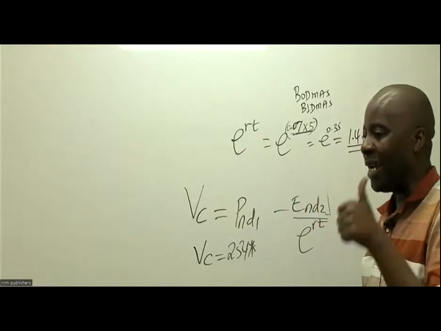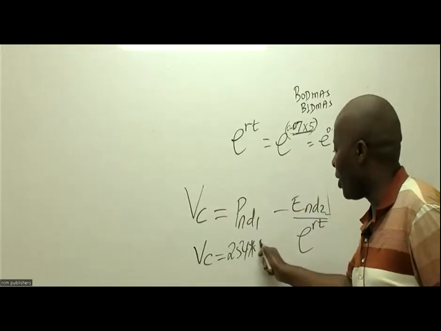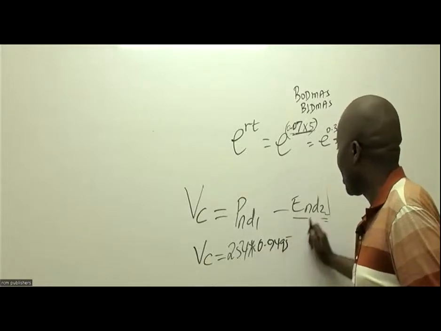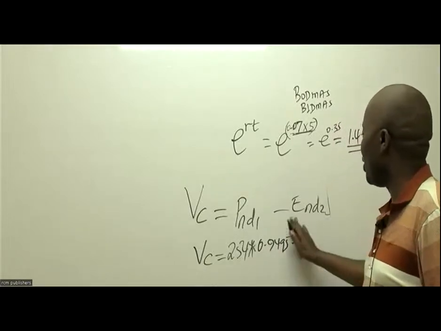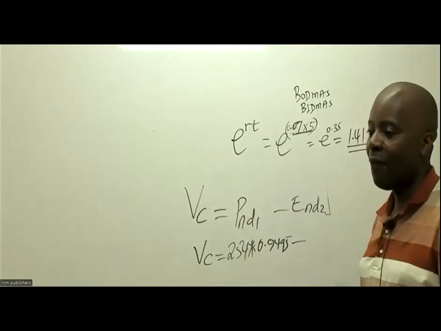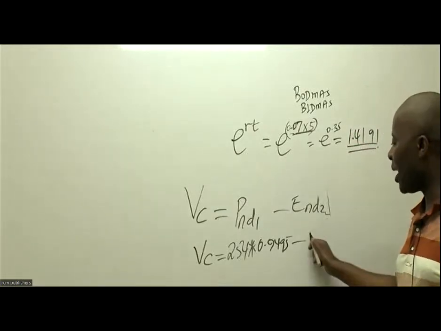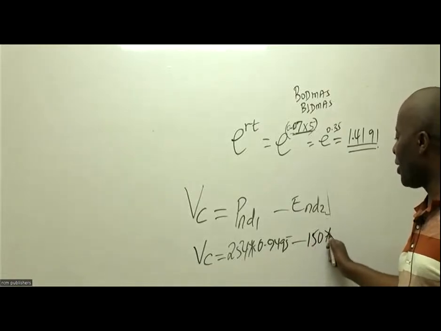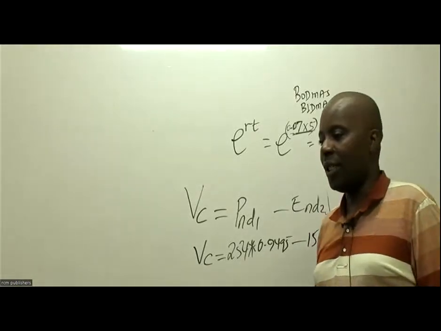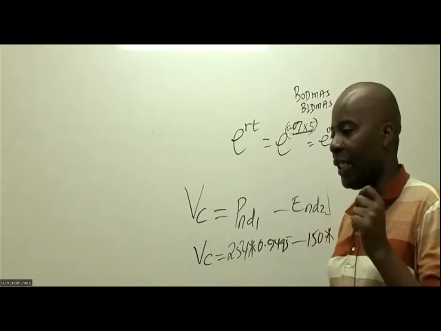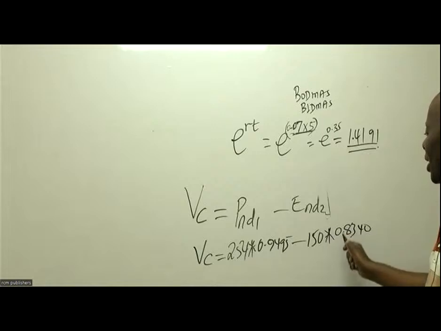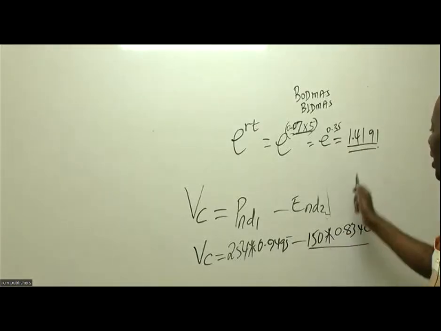N(d1) is 0.9495, minus the exercise price. Are you able to remember the exercise price was 150, multiplied by N(d2). N(d2) is a figure that I forgot. It is 0.8340, and then divide this by